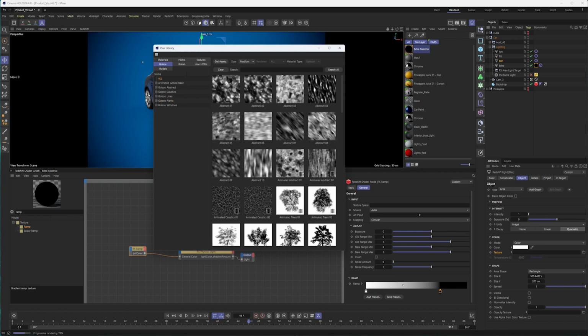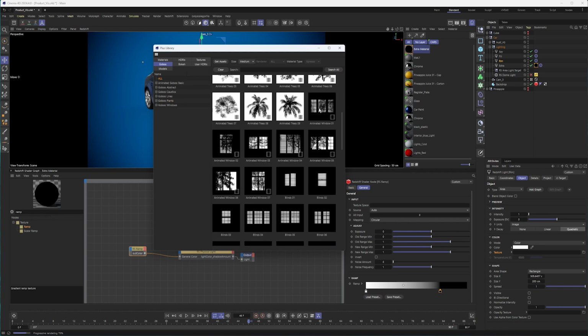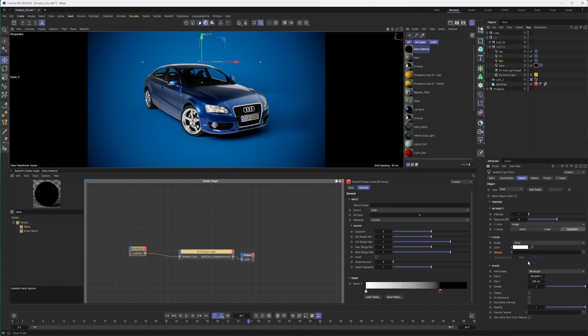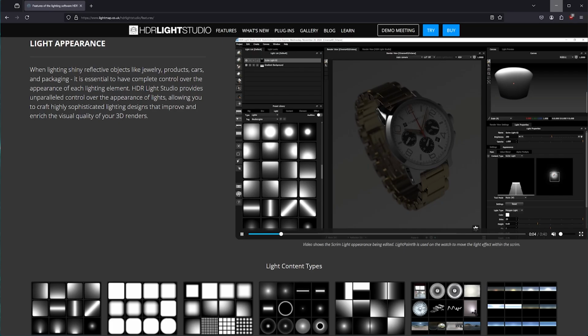And so there are some really interesting ones in here, especially if you wanted to do something where you already had a room and you wanted to add some detail with the shadow. So it's like there's a window with a tree outside, something like that. You could very easily make your own as well. And I do think that's kind of one of the